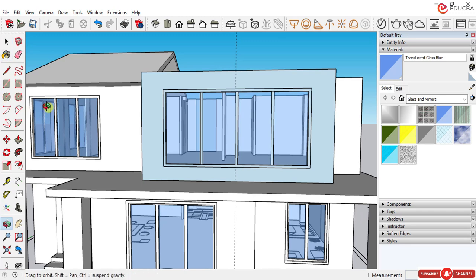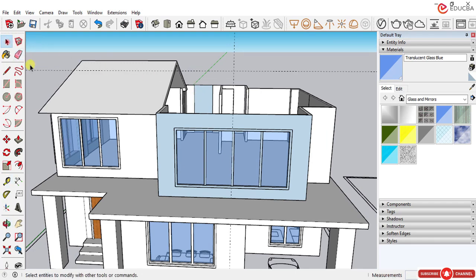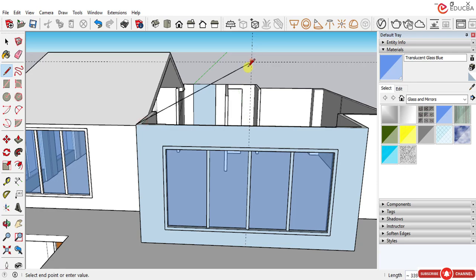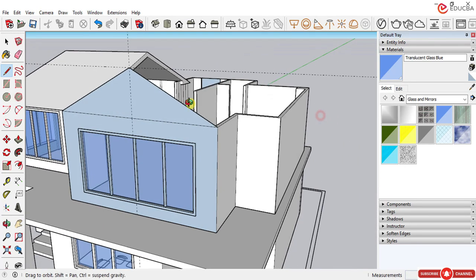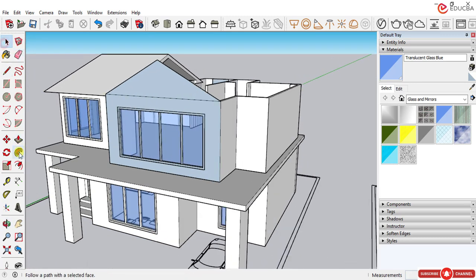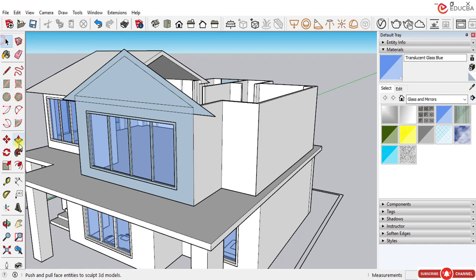Now the same thing, what we need to do is offset from here 2000, 1500, like the same. So here I have marked the 1500 just like the previous roofing, and click here to here and erase all these lines which are not required now. Now offset, the same offset of 200 mm, and now by push and pull command,